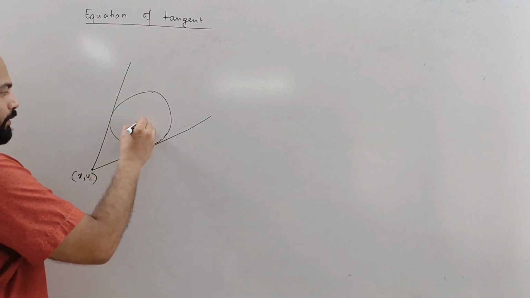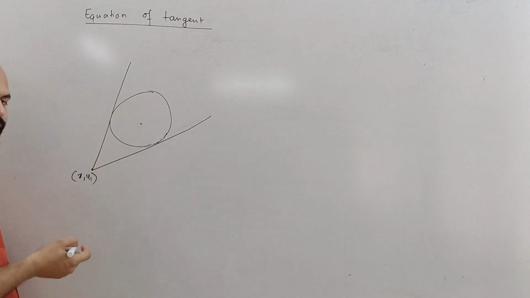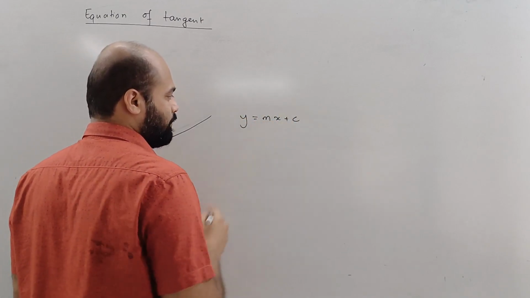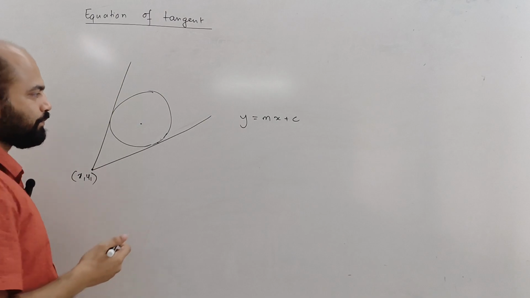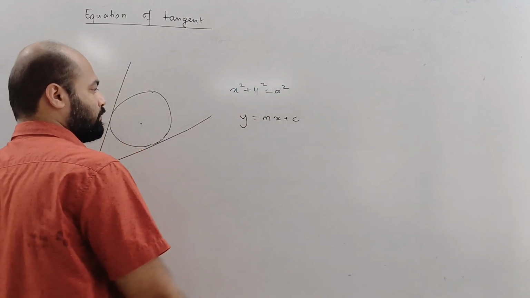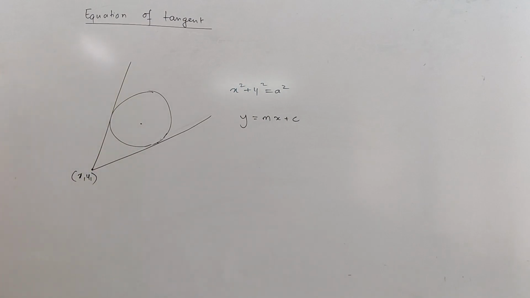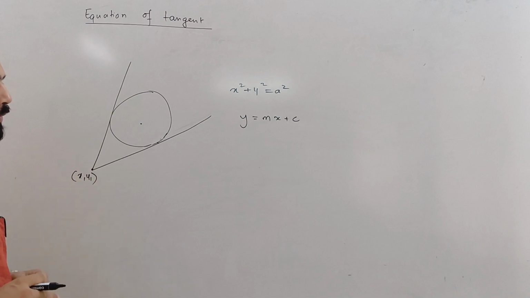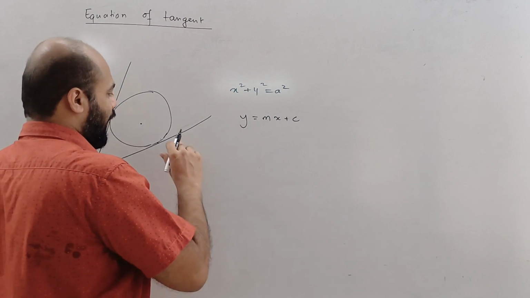Let us say that this line that we are considering, we can consider it as any y equals to mx plus c. And the equation of the circle is, of course, x square plus y square equals to a square. Now if I want to write this equation, we'll get two tangents, obviously. One slope would correspond to this tangent, the other slope would correspond to the other tangent. Now how to find the two slopes is a question here. So a very simple thing that we can do is, I can write